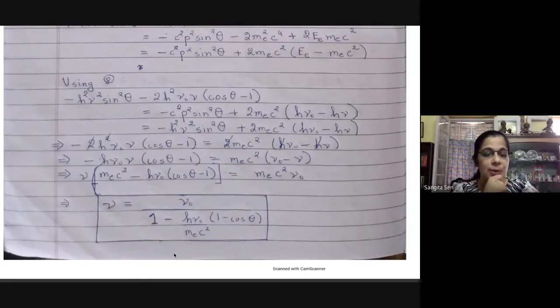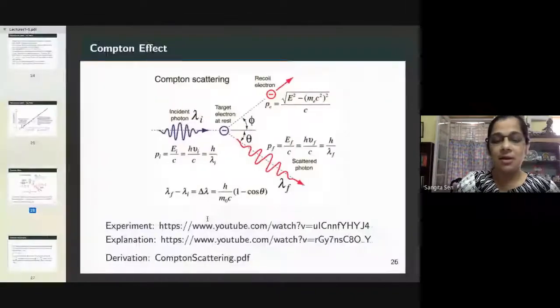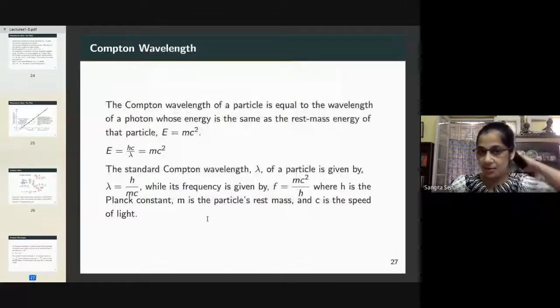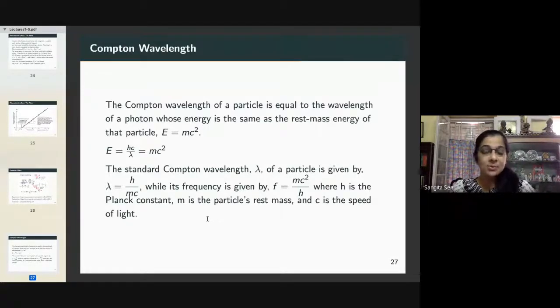Now, something that you encounter very often when you read anything about Compton scattering is the Compton wavelength. So I will just define it for you. The Compton wavelength of a particle is equal to the wavelength of a photon whose energy is the same as the rest mass energy of that particle. So it is just a theoretical quantity. The Compton wavelength does not manifest itself. It's just a unit conversion from rest energy to a wavelength, which helps us to compare